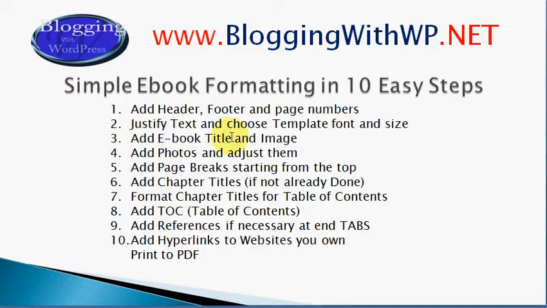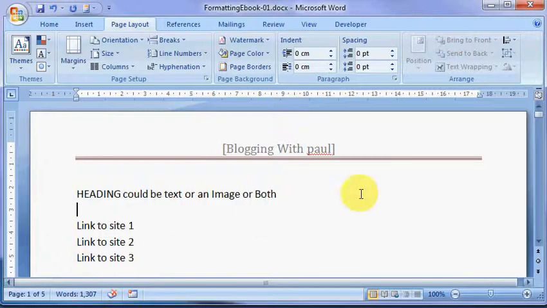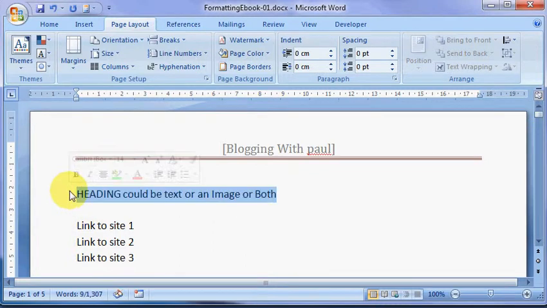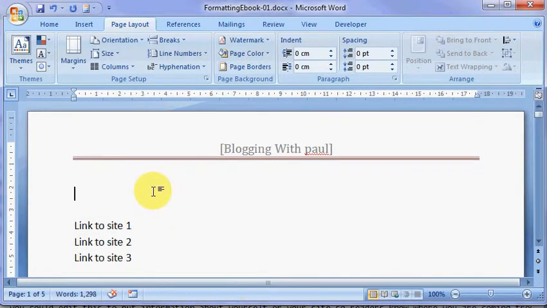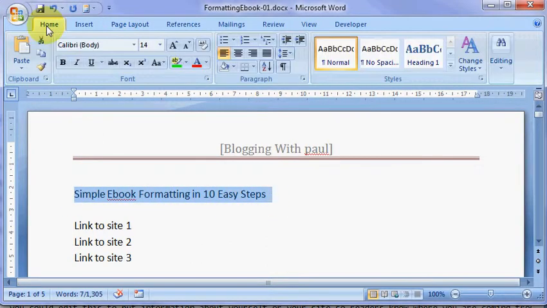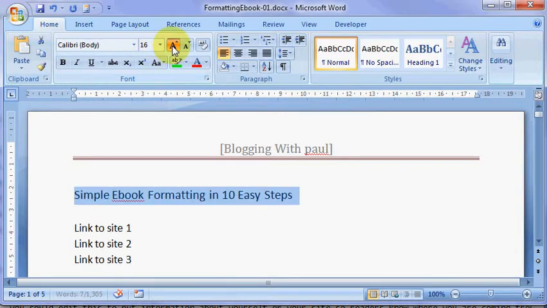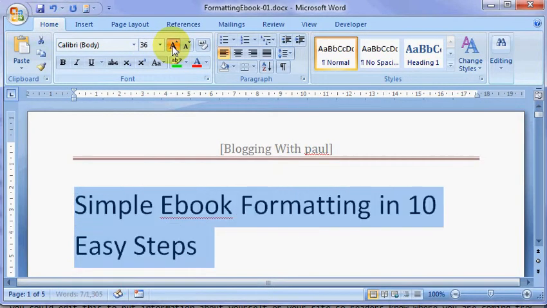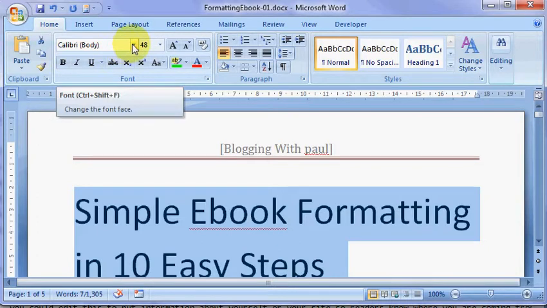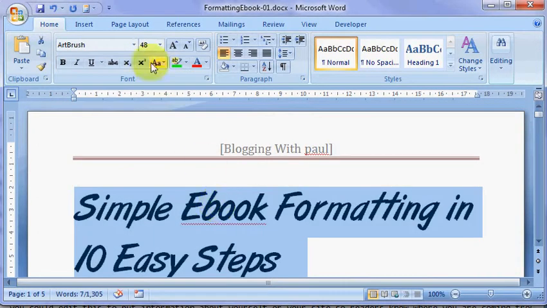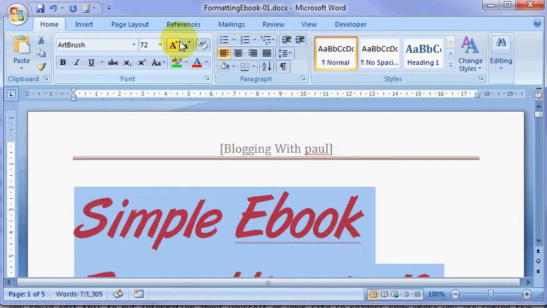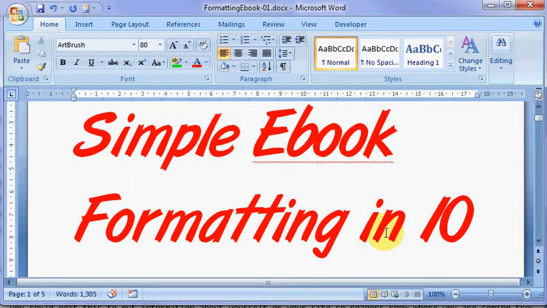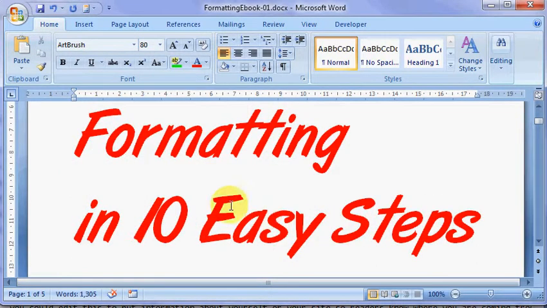Next, we're going to add our ebook title and image. So we're just going to go to the very top of this where we are. I'm just going to get rid of that, and I'm just going to paste in my image. All we need to do is make sure we're on the Home tab. If you know what size you're going to get, you can just keep going up and up and up. Choose a nice font for this. I like that one. Red's always good. You can make it bigger or smaller. It's up to you. It depends how it all fits in and what looks good. So we'll just center